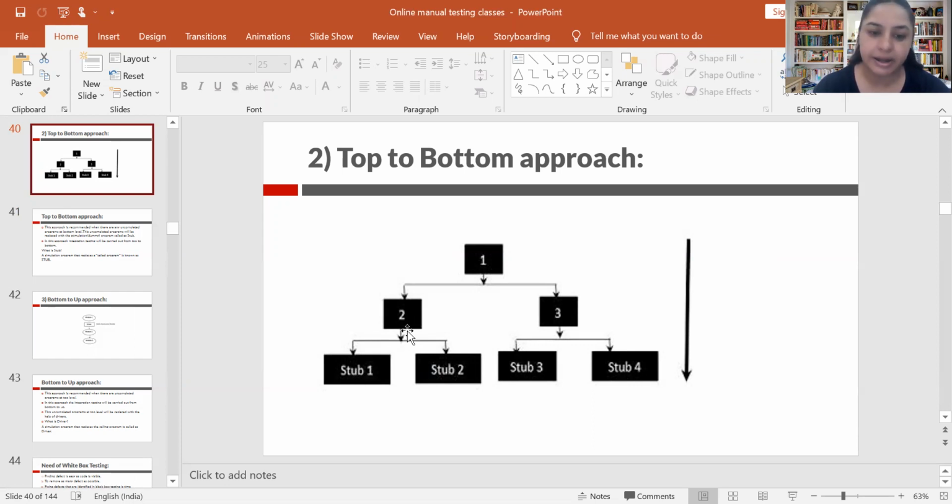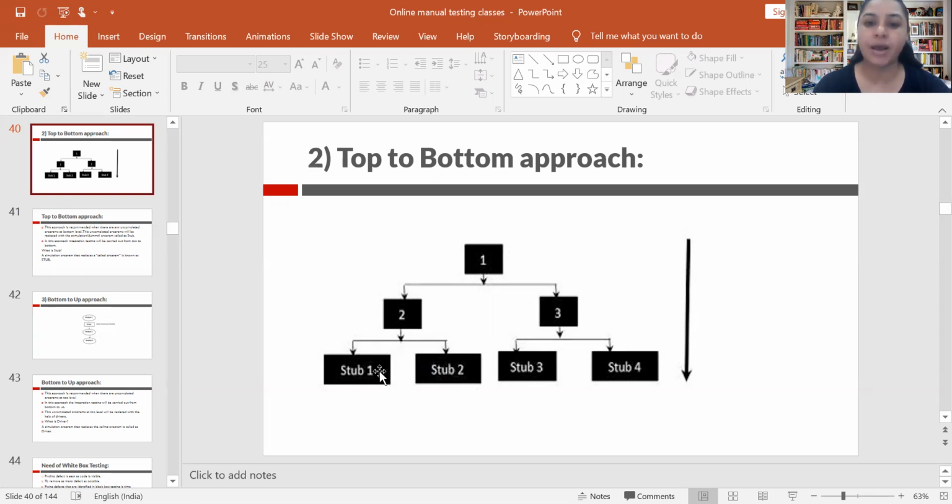Now you can see here that module 2 is calling stub 1 and stub 2. These stubs are the called functions, while module 2 is the calling function. The called function is not completed at the time of integration testing, so we replace it with stub 1 and stub 2. These are not complete functions, just dummy functions we create when integration testing needs to be done.